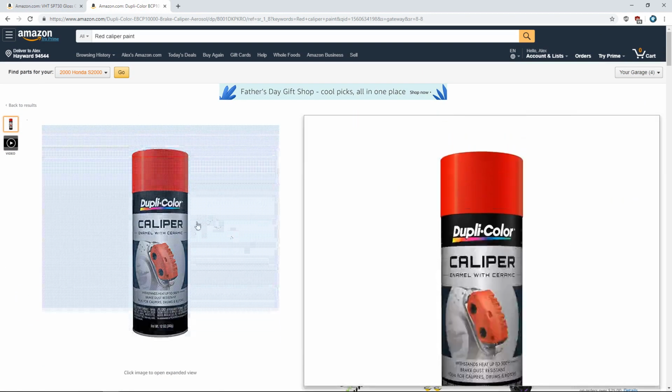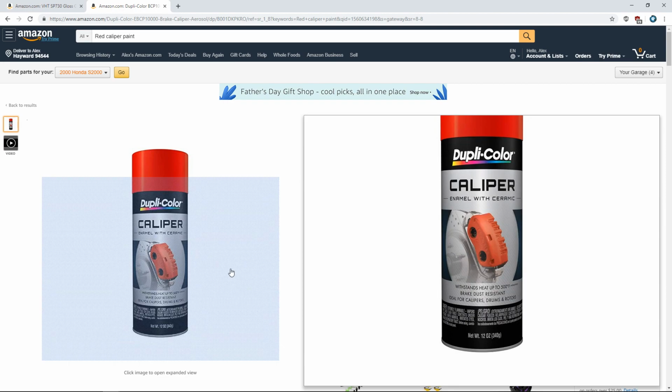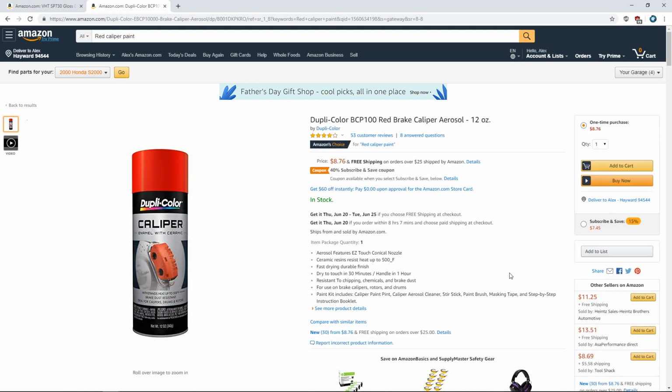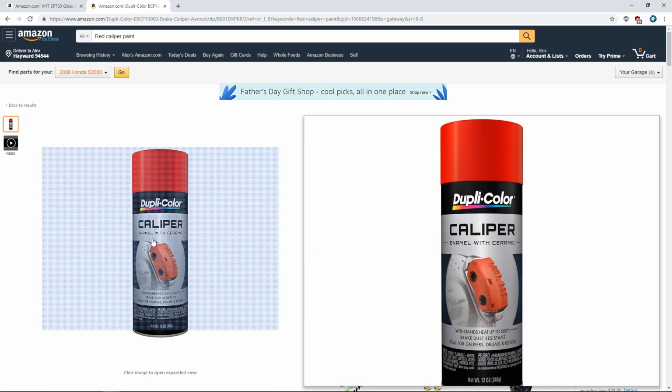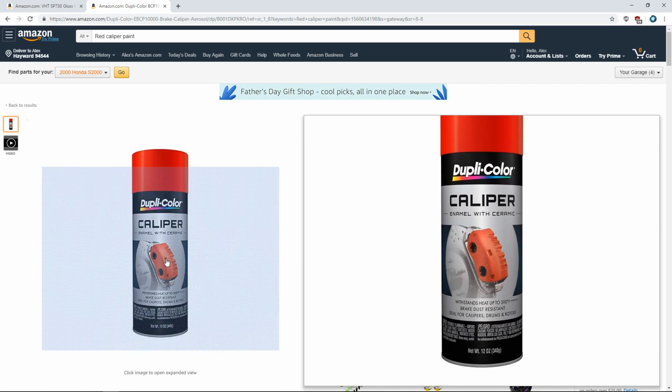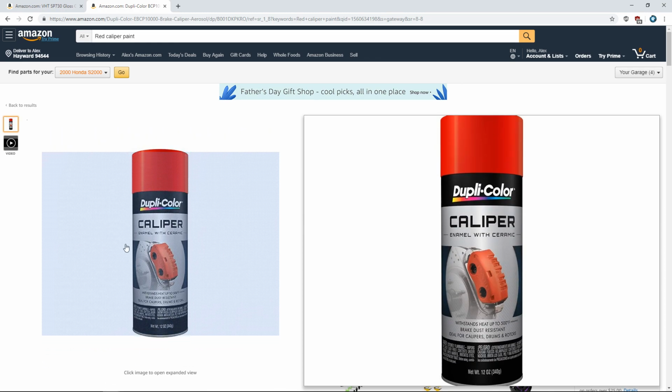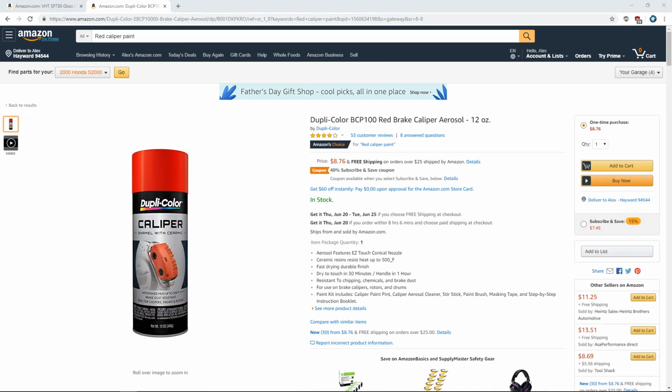But yeah, I recommend the Dupli-Color caliper paint. It worked really well. It does leak a little bit. If you go gung-ho in your spraying, it will leak and drip. I had that problem on one caliper when I was going a little crazy. I cleaned it up though. So just make sure you're smooth and even with your sprays. And that's my current update on my 2001